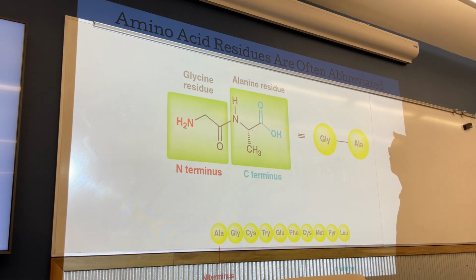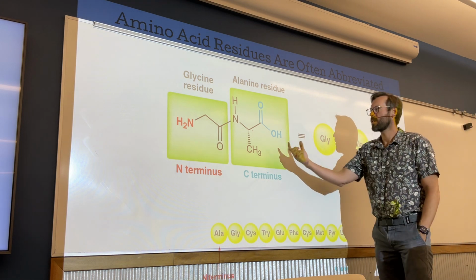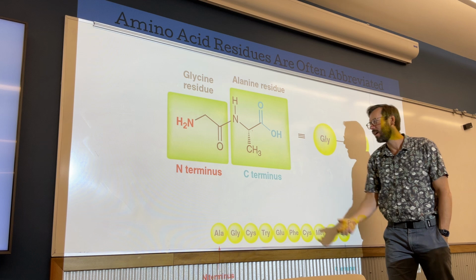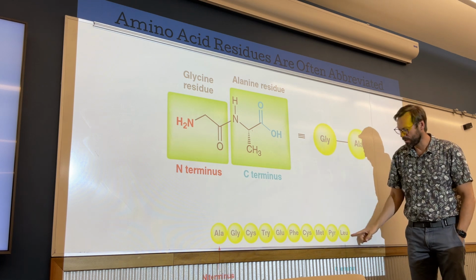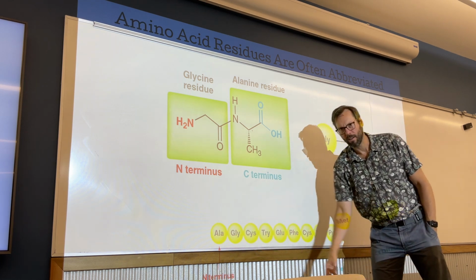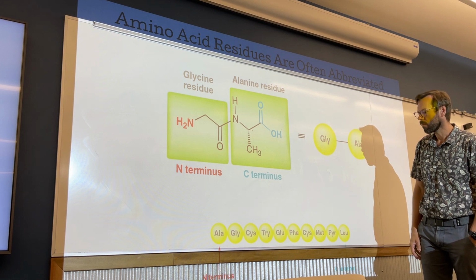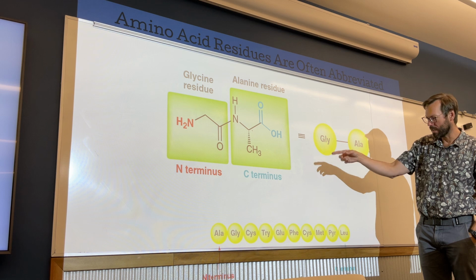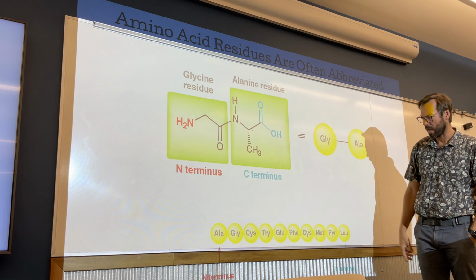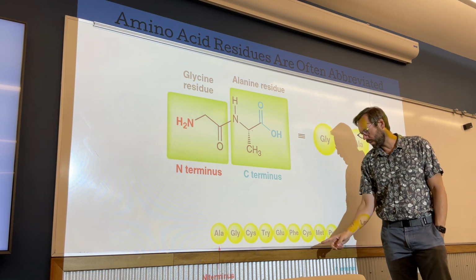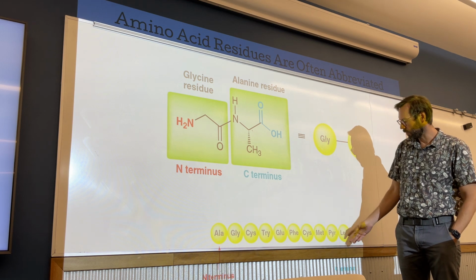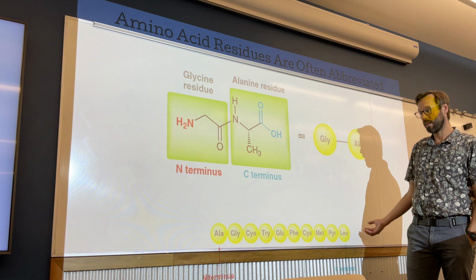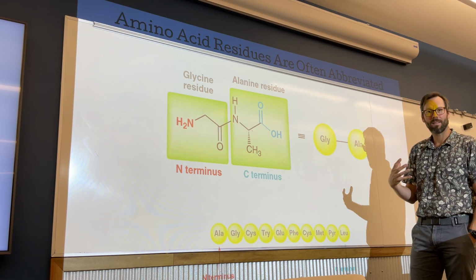So glycine, alanine, this is what it looks like in the bond line drawing. Oftentimes they just draw them as circles, and you can see here the consistency of these amino acids. And again, alanine, glycine, cysteine, tryptophan, glutamine, phenylalanine, cysteine, methionine, etc. If we reverse this, then again, it's not going to be the same.